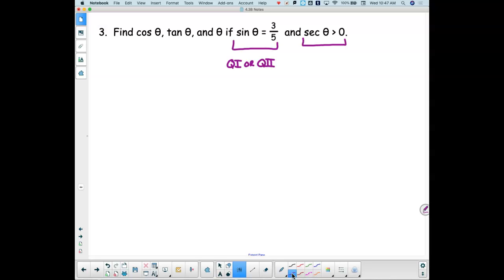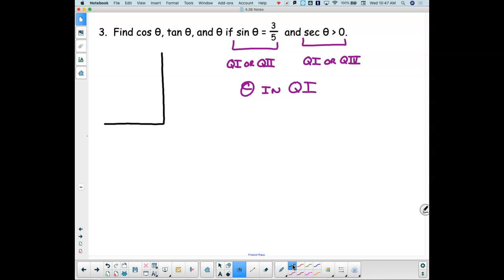Which 2 quadrants is secant positive in? So which quadrant am I in? I'm in quadrant 1. Okay? So theta is in quadrant number 1,